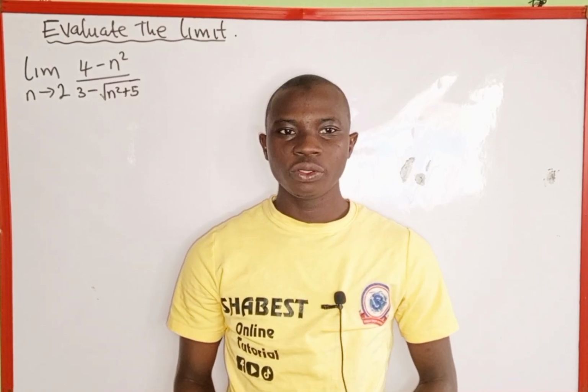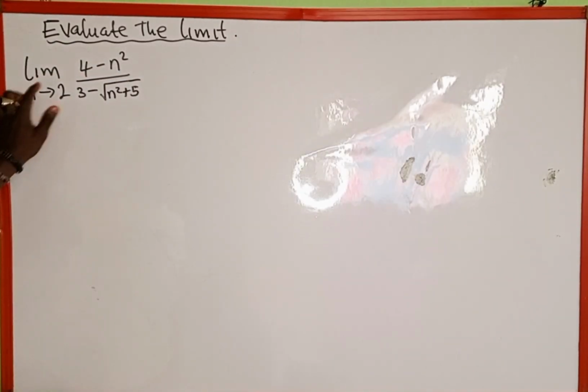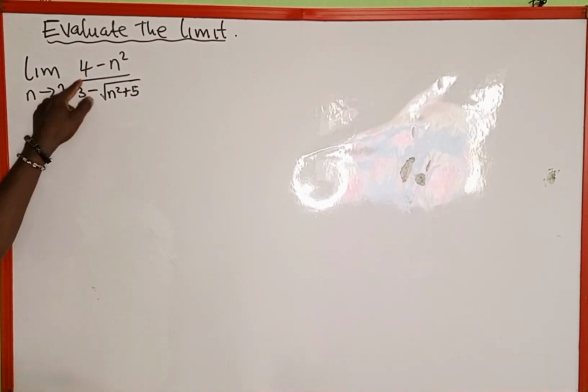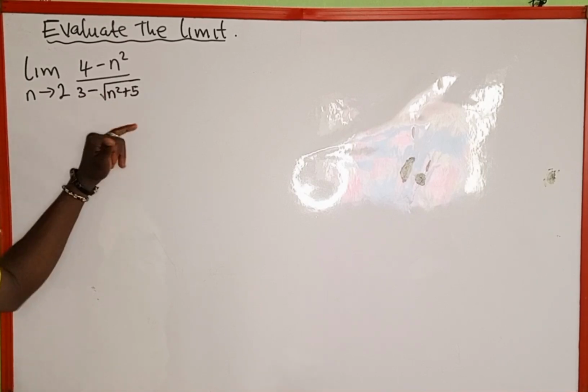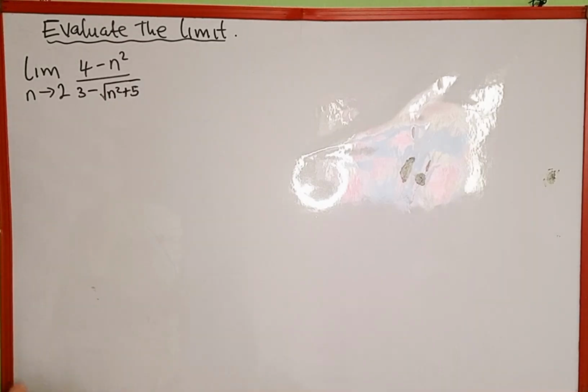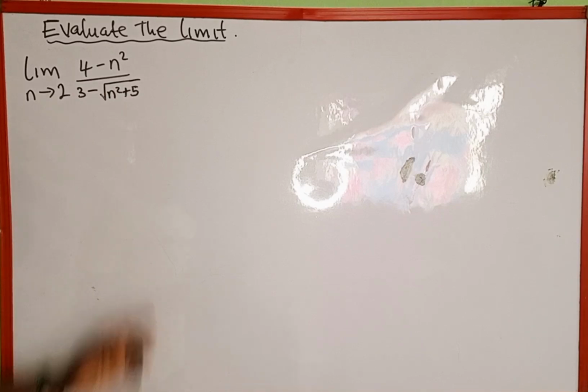In today's tutorial, we're going to learn how to evaluate this function. And the given function is what? Limit as n approaches 2 of (4 minus n squared) divided by (3 minus square root of n squared plus 5). So the first thing we're going to do is to plug in 2 anywhere we see n in this function. And when we plug in 2, we notice that this is going to be undefined because